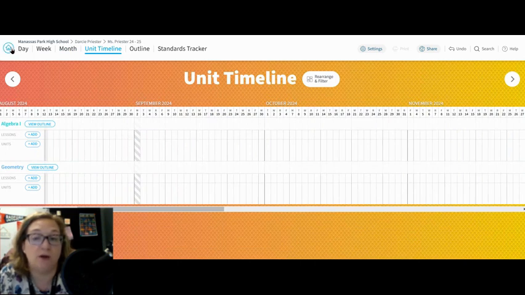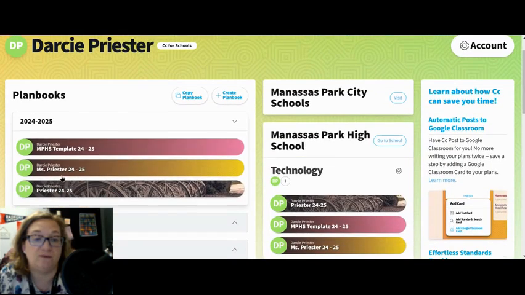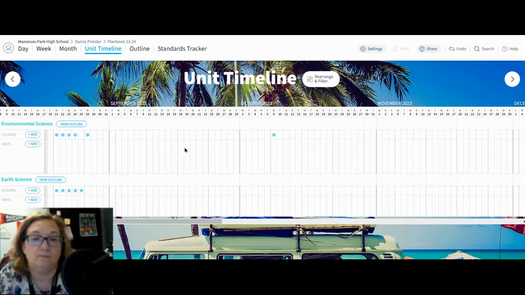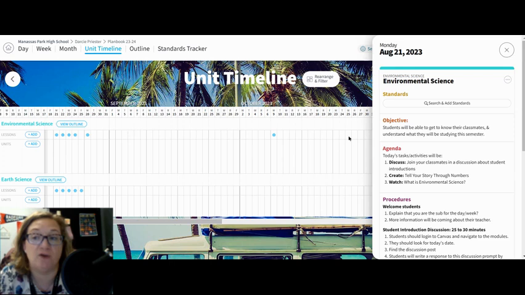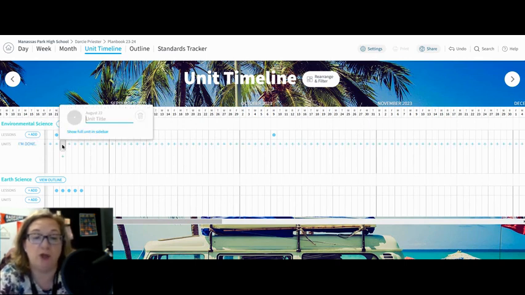So let me go to another plan book very quickly just to show you the difference. Okay, so here you see the blue dots. This will show you that there's a lesson, and when I click on it, it will bring up that tray to allow me to see the lesson. But then I can set up the units underneath that. So if I want to add a unit, I'm going to click on this add button next to the units, and then click the little plus sign, add the name of my unit,